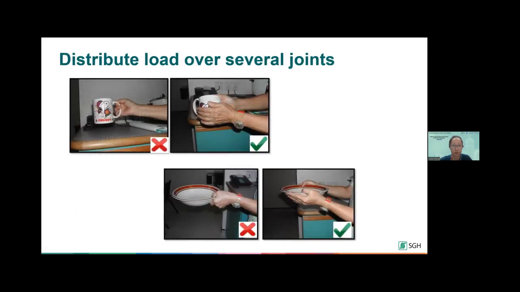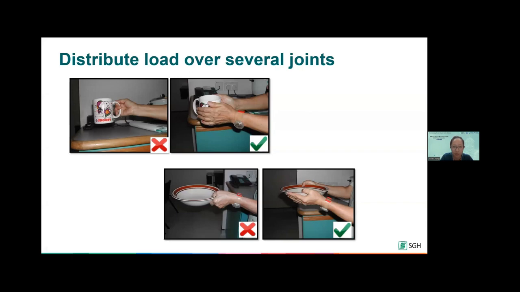So for example, we look at this picture. We talk about distributing load over several joints. In the first picture on the left, we see a person carrying the mug by the ear. That is not very good because, number one, you're only using 1 or 2 fingers to grip the ear of the mug. And secondly, gravity will always do its job. When we lift up the mug, gravity pulls it down, which is why the fingers tend to always drift towards the side of the little finger, because when gravity pulls, it is always towards the side of the little finger. So the correct way to hold it would be to use 2 hands to support it, as you see on the picture on the right.